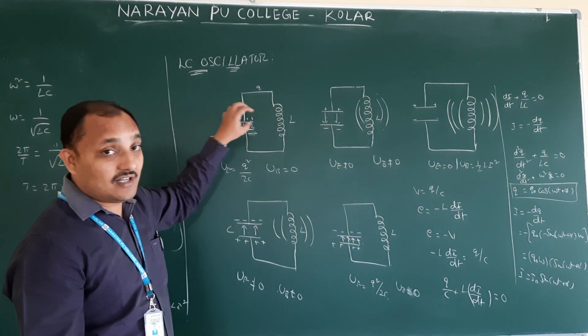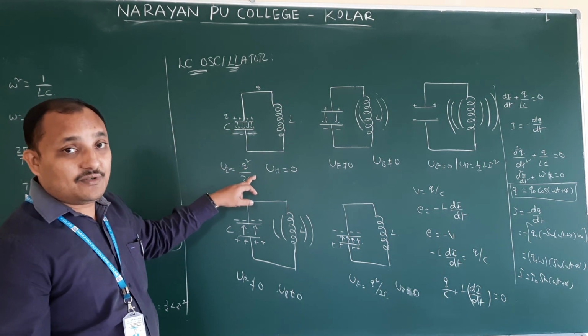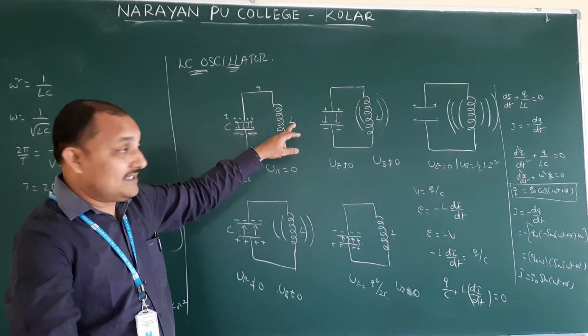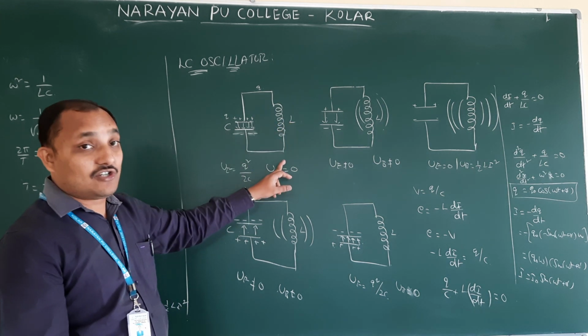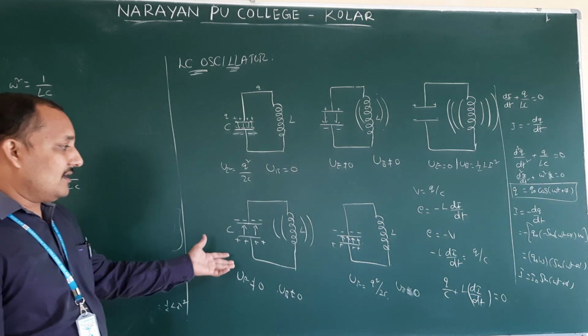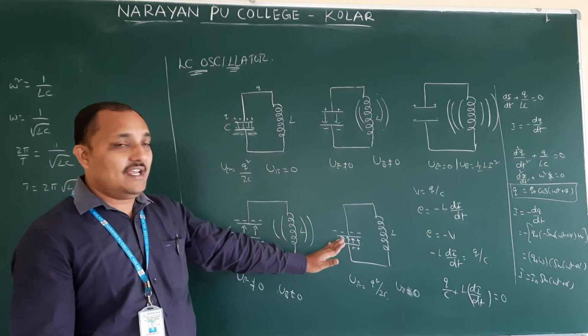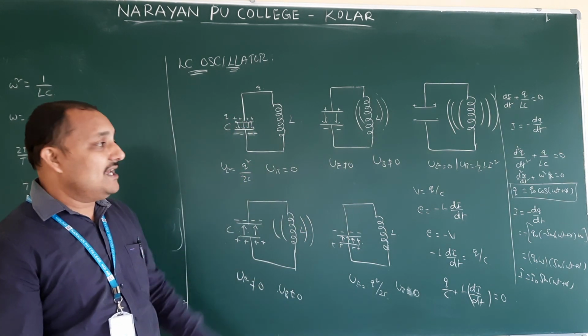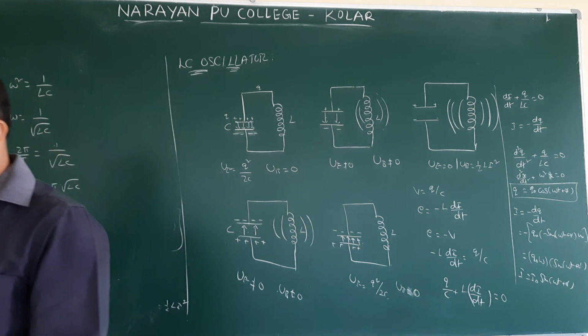These two derivations are also important. Already we derived in the capacitor's lesson this one, Q square by 2C. In the EMI lesson, or moving charges and magnetism, we derived this equation of L i square, the energy stored in an inductor. We derived the formula. So therefore, how these are going to be exchanged? So this is very important. How the energy is going to be oscillating is also very important.